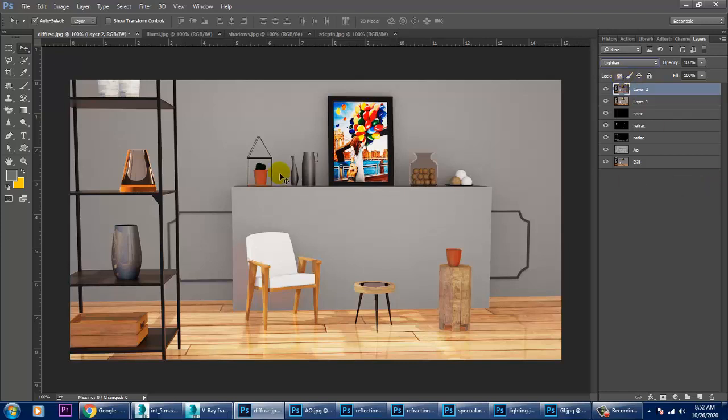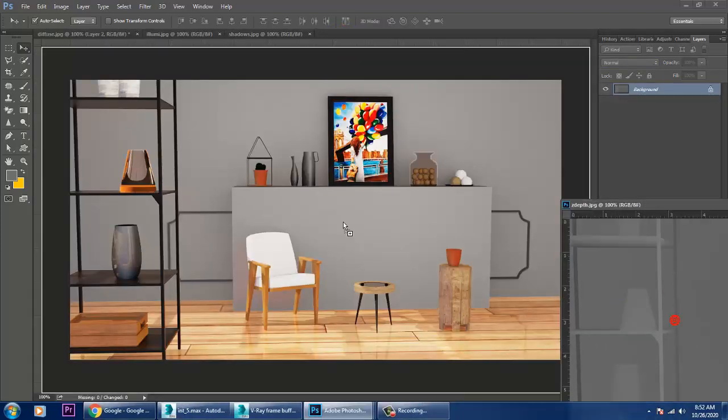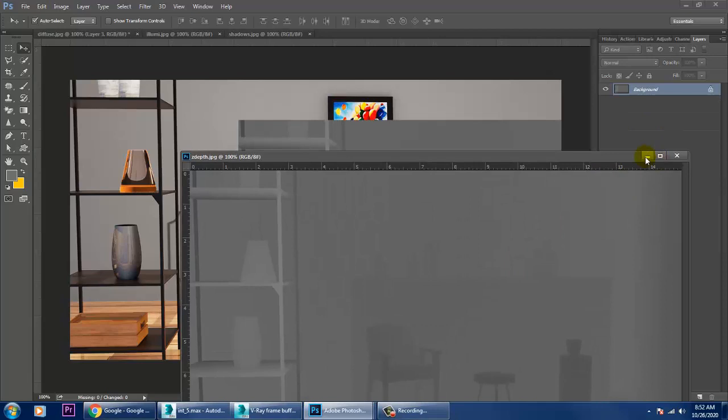After that, we have a Z-depth pass, which we can just put on the top.